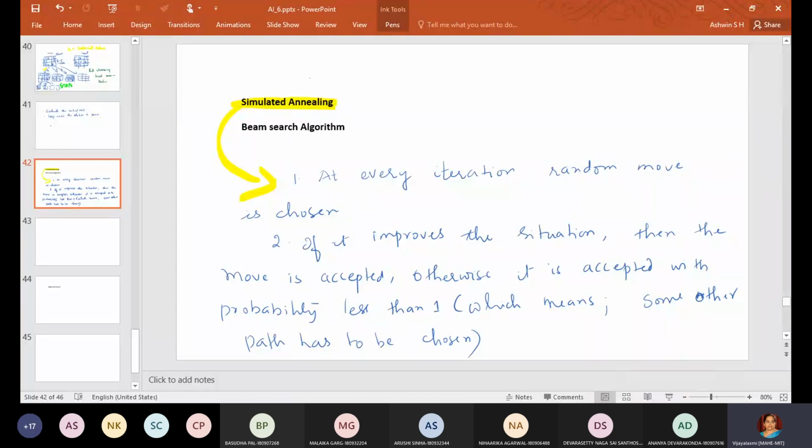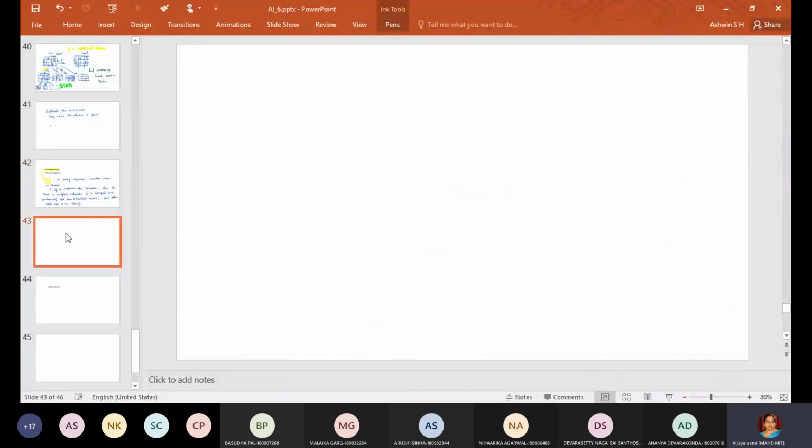There is one temperature parameter also we set, so it decreases with respect to this temperature parameter. Whenever we write the algorithm, it starts with a high value of temperature T, and it is gradually reduced.